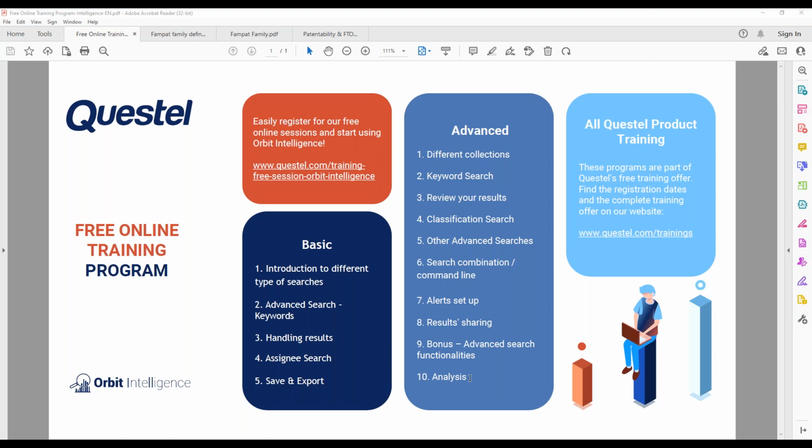The last point, the analysis one, has been decided to be part of a dedicated training session. We trainers saw last year that the analysis is a wide module to talk about, and we prefer to organize dedicated sessions. So we won't see this module today.